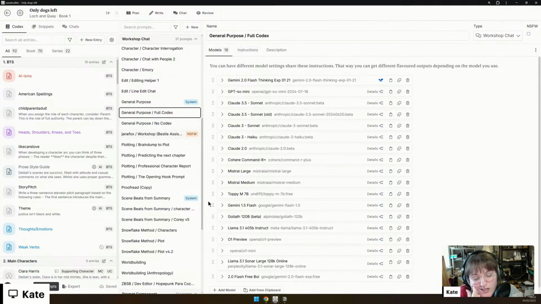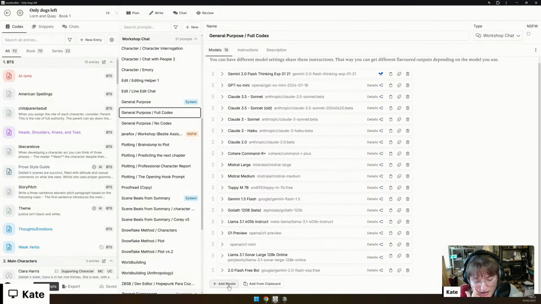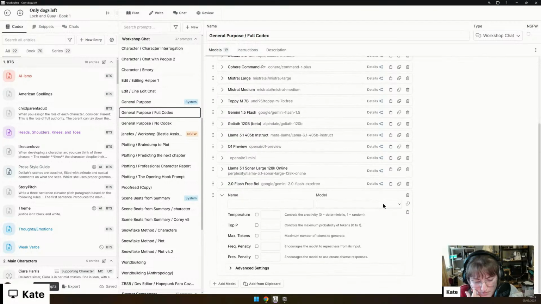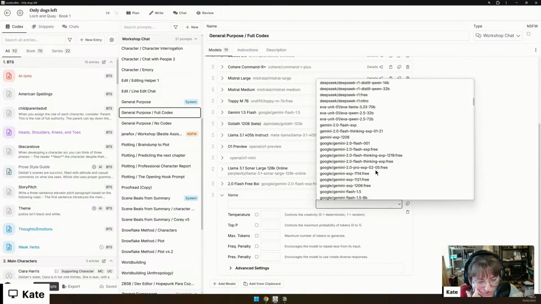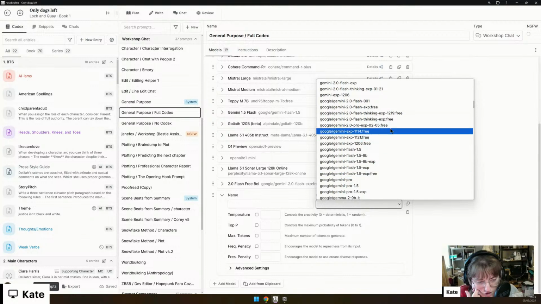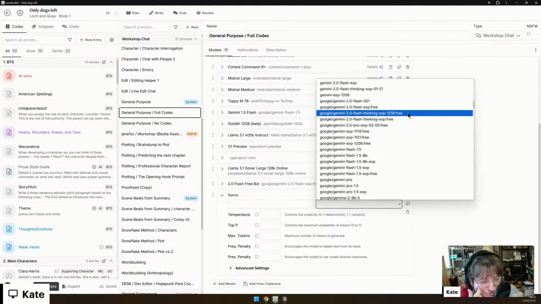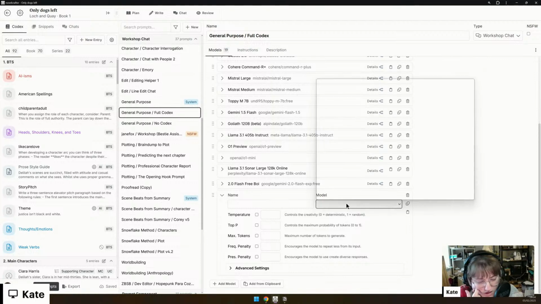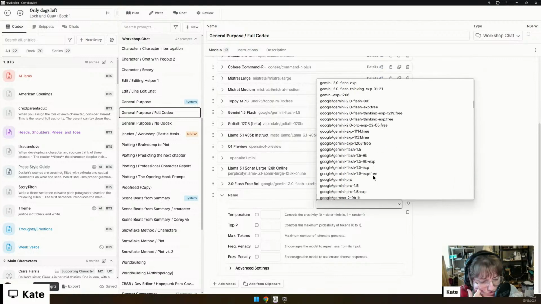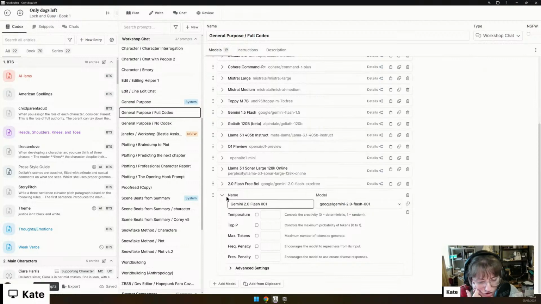Do I need full codecs? I don't know, I'll see. Gemini 2. I'm guessing it's this one. Yeah, that one. Google Gemini 2 Flash.